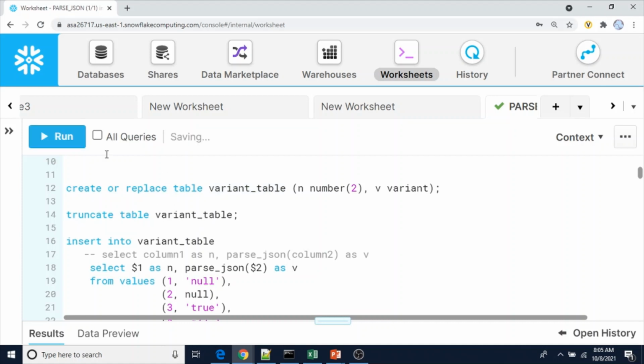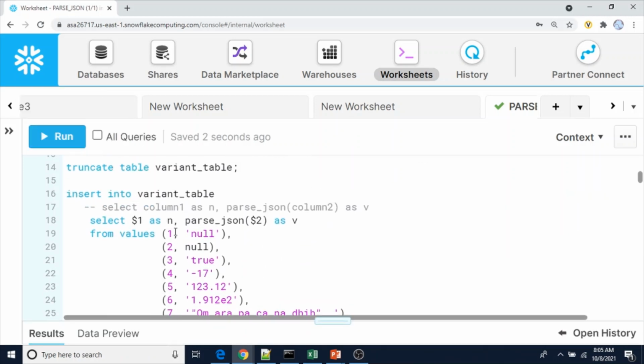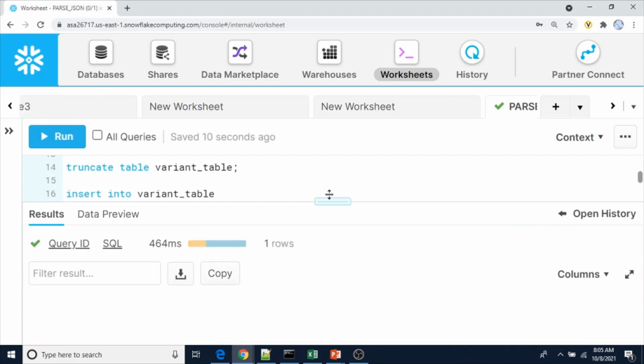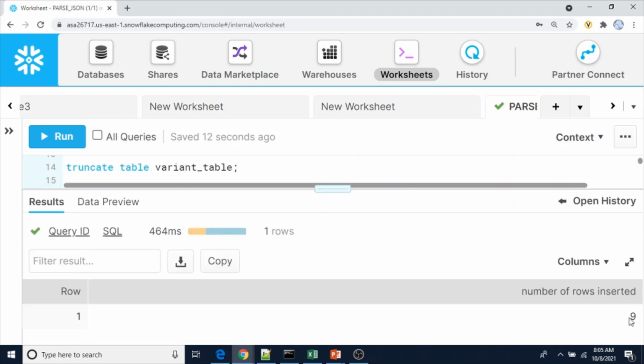Here, truncate table name, truncated. Now I'm going to insert the data by using $1 and $2. You can use whatever you want, no issue. So see, the number of rows inserted is 9 only.